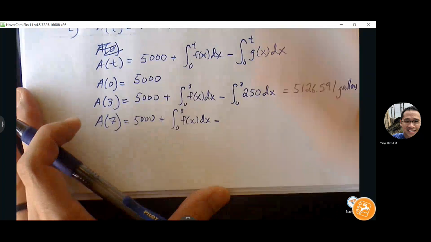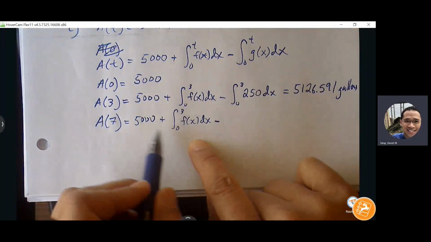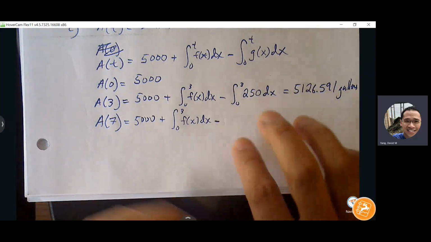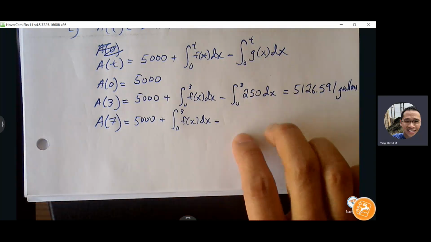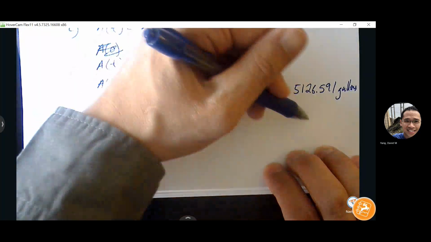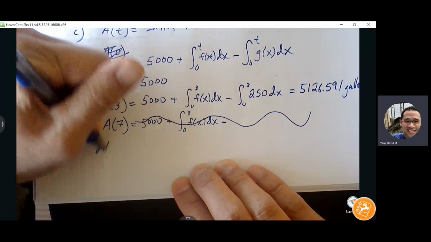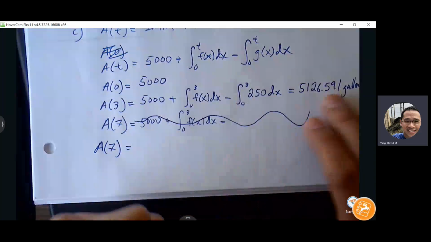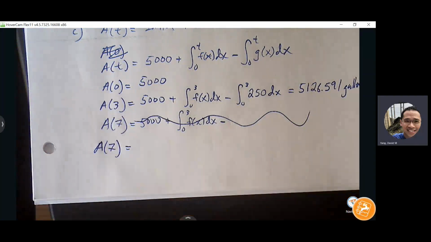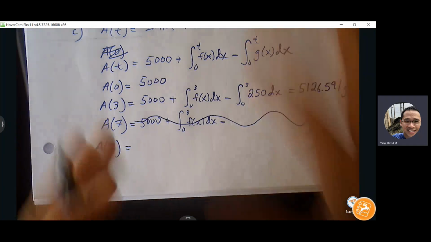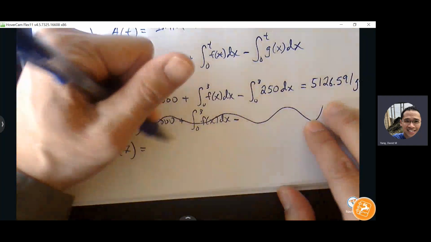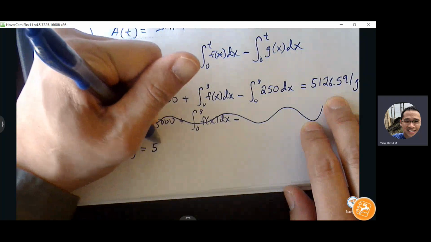Now, I think what I would do here for A of 7, because my g of x is changing, right? So why don't I do this instead? What do I do for A of 7? Why don't I just pick up where I left off? Right, because there's a split between 3 and 7. It just kind of makes it a little messier for g of t. So why don't I just say, well, let me just pick up where I left off,